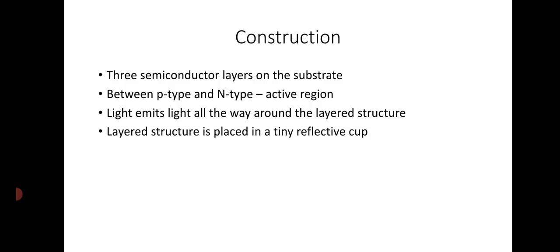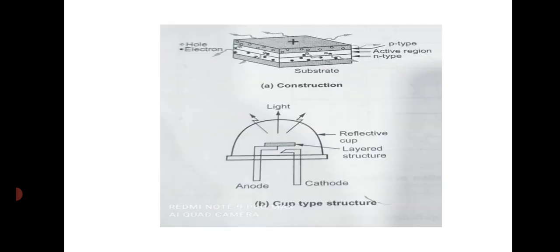We use one base material or supporting material. We can say that is a substrate. See the diagram. So that is what the substrate is. In that substrate, we form three semiconductor layers. One of the layers is P-type, that means holes are present in that region, and another type is N, which has electrons present in that region. Between the P and N regions, there is one region which is the active region, and that region is responsible for the emission